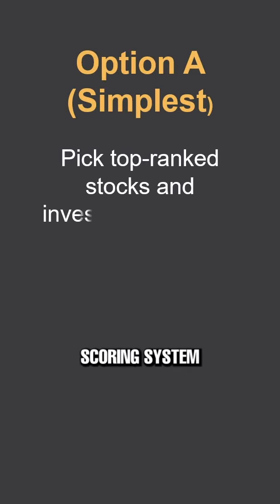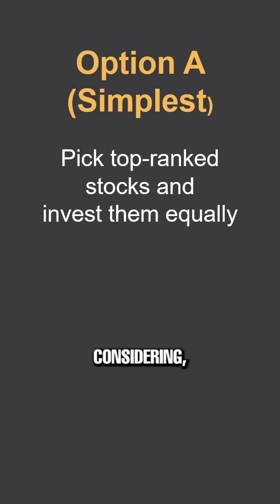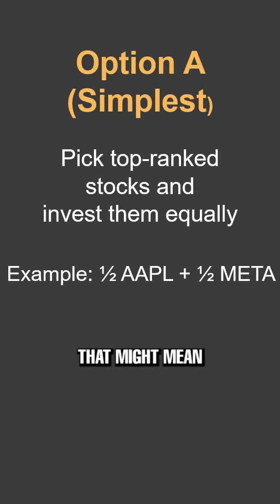After you've come up with a scoring system for the stocks that you're considering, there are a few different ways you can use these so-called alpha scores. Option A, the simplest approach, is to pick the top stocks based on their alpha scores and invest in them equally. In our example, that might mean 50% in Apple and 50% in Meta, since they both scored the highest